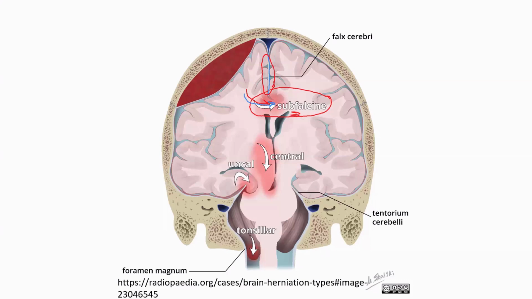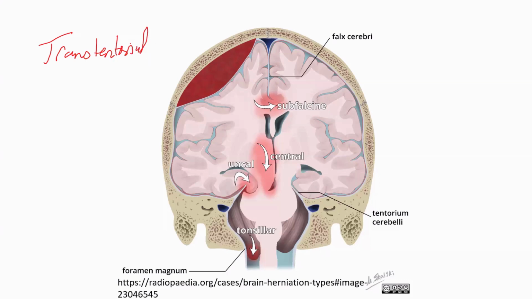Subfalcine brain herniation is very important because it can lead to compromise of the anterior cerebral artery, because this is its course. Let us change the color. This is the course of the anterior cerebral artery. So compromise of the anterior cerebral artery can lead to acute infarction along the anterior cerebral artery territory. The second type of brain herniation is transtentorial